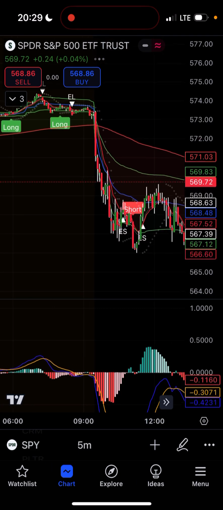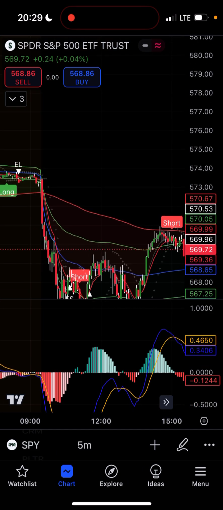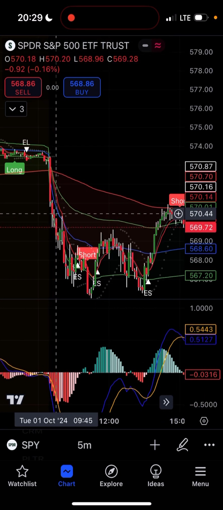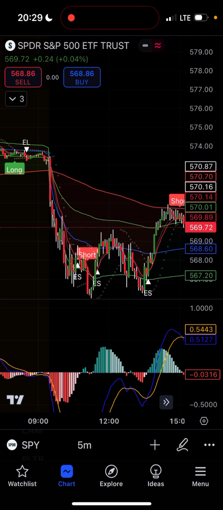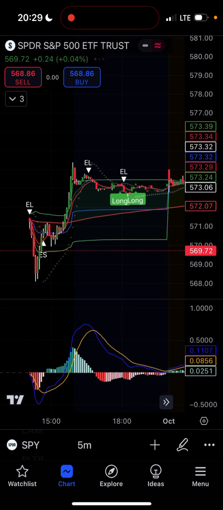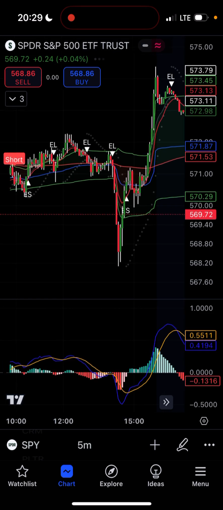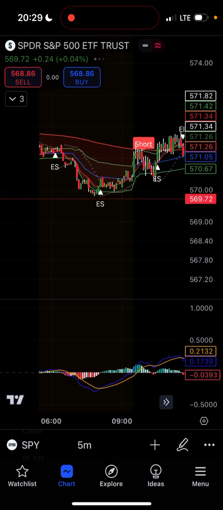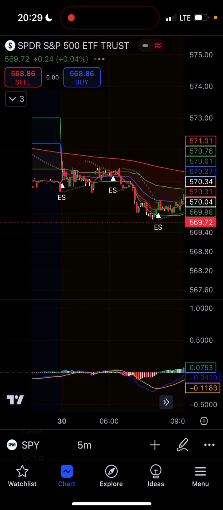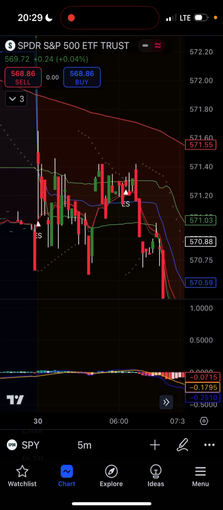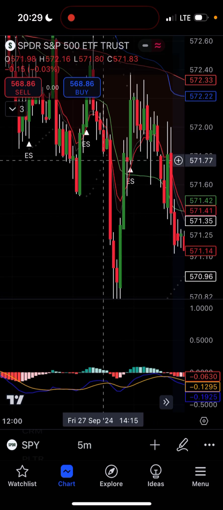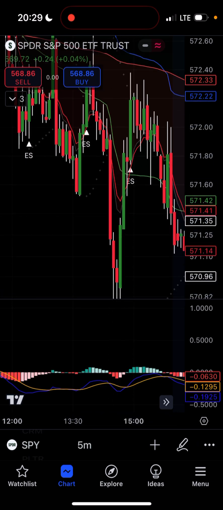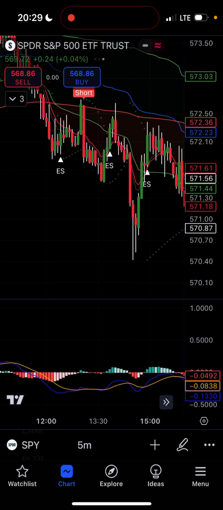So for example, we came all the way down on this side over here, and then we made a little bit of a double bottom, and then we came up. Didn't come up all the way, but we came up a decent bit. But this strategy mainly works better on the higher time frames, so swing trades, holding it over multiple days, it's probably going to be where this works a little bit better, but you can scalp it, I guess. Like right here, drop down massive, came right back up,